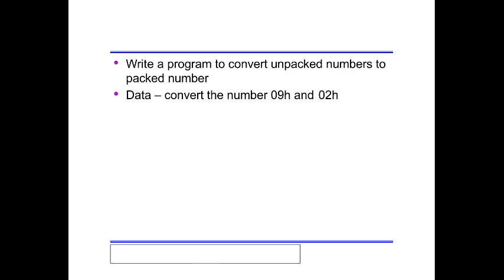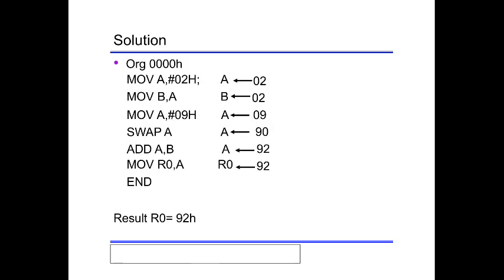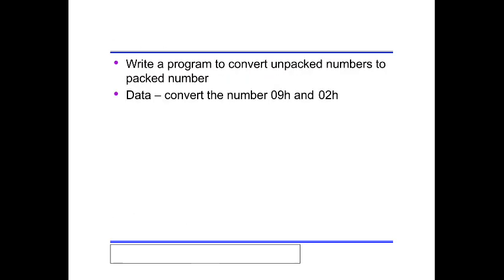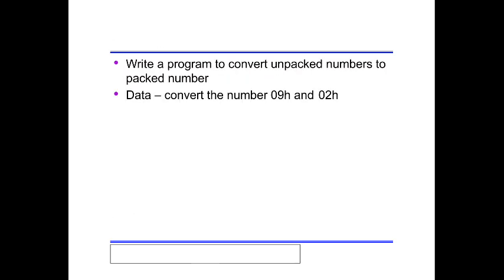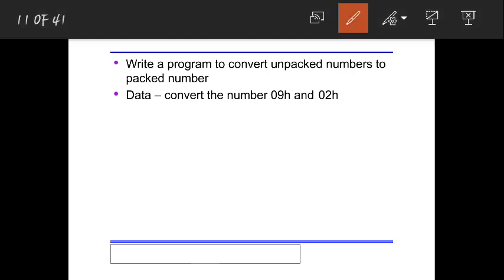So here you have a small program. We will see what we are actually doing. Here you have packed number to unpacked, and unpacked to packed. First let me tell you packed and unpacked. See, in this example they have taken two unpacked numbers.